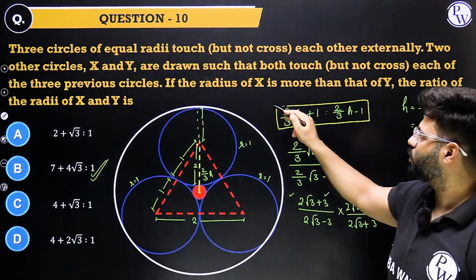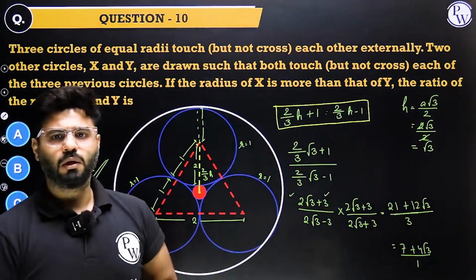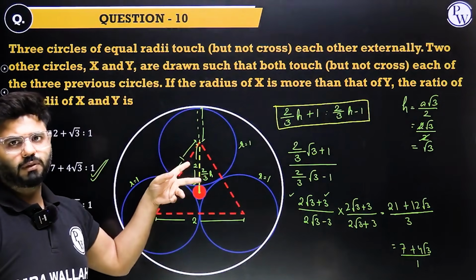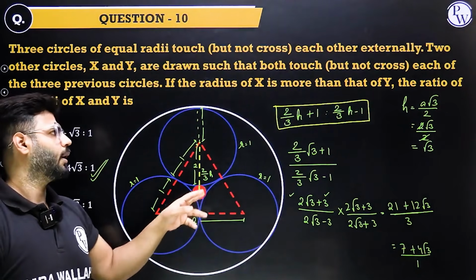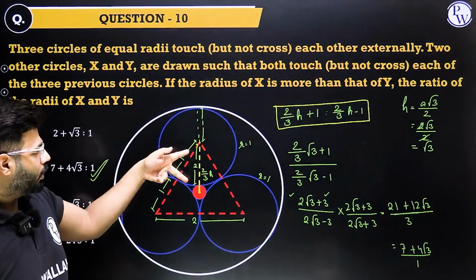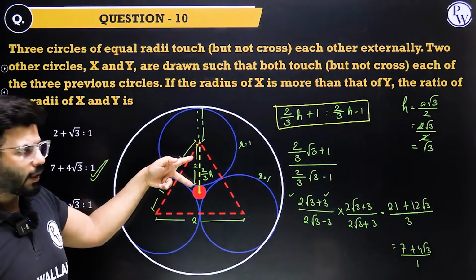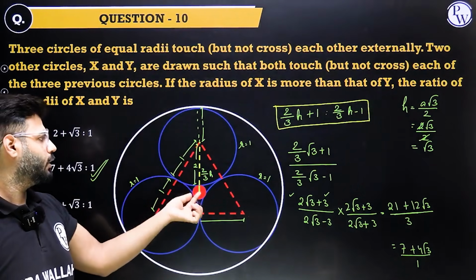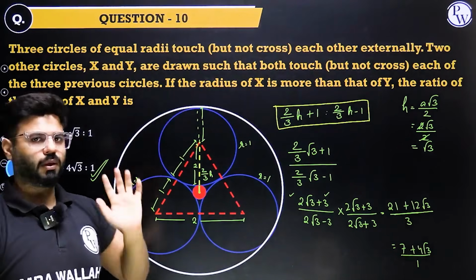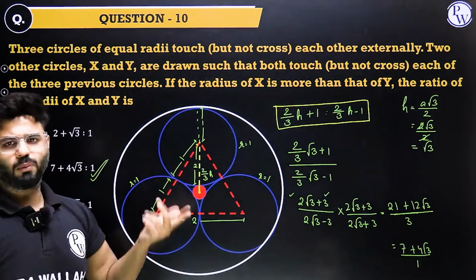Generally, I make my students remember this. If you have 3 circles, the outer circles become 2/3 of the height of the triangle plus the radius of the circle, and 2/3 of the height of the triangle minus the radius of the circle. So I make them remember, guys. The 2/3 height of the triangle formed minus the radius of the circle is this one. The 2/3 height formed plus the radius of the circle is this one. Next time it comes, you can crack it. Either it plays with this or the outer one, whatever.